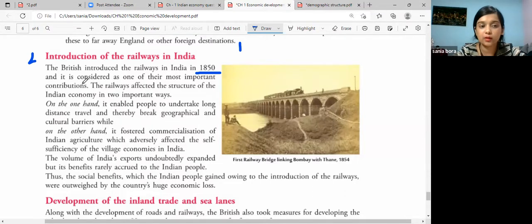The railway effect, okay, you are going to write till here and after that you will write hashtag how railway affected the structure of Indian economy, right? So railway affected the structure of Indian economy in two ways. First, in a good way, second in a bad way. On one hand, it enabled people to undertake long distance travel and thereby break